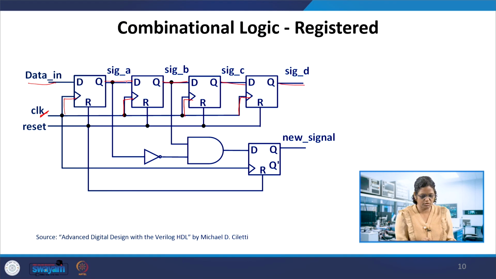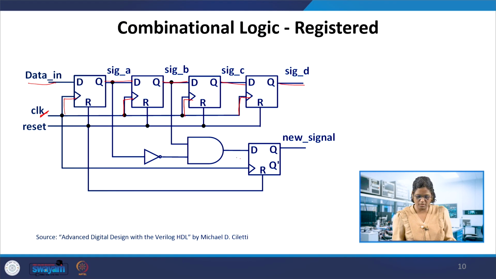So, data input, A, B, C, and D, and reset for all the cases. If we take signal A and invert it, and signal B, the output of the second flip flop, and want to make some new signal from these and register it with respect to this clock, that means we want to use signal A and signal B in some other circuit.